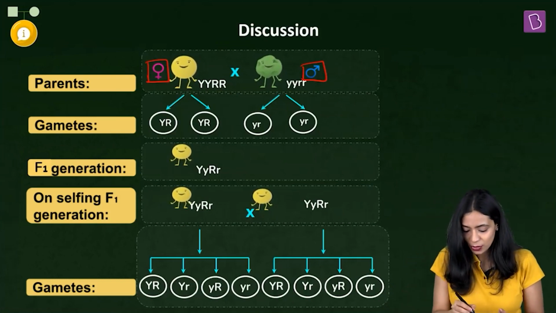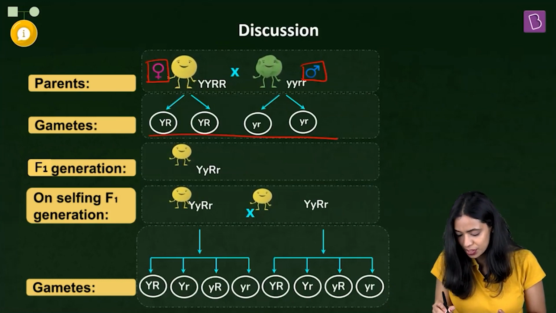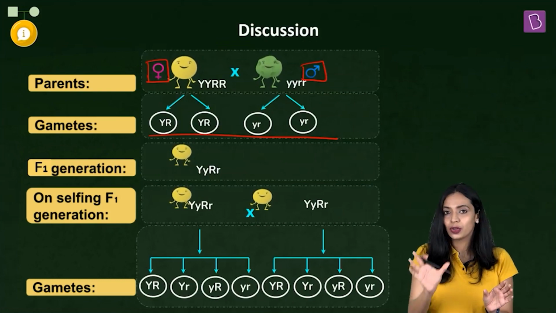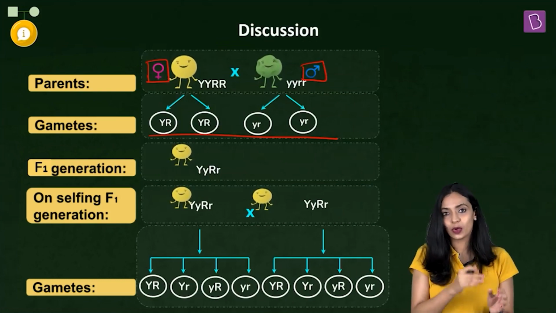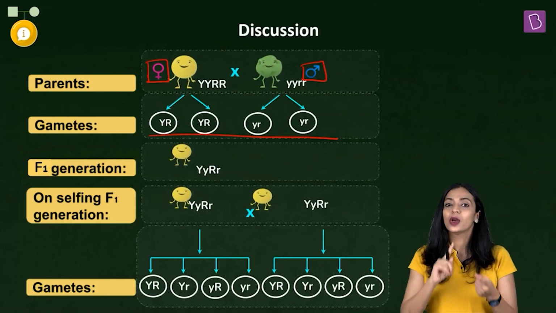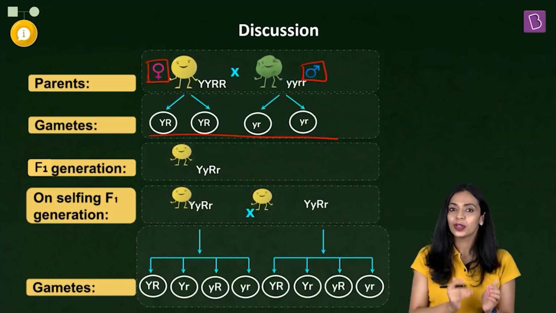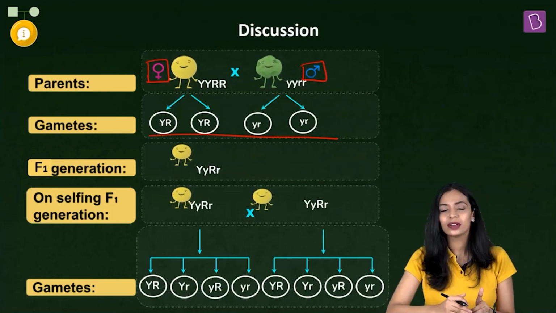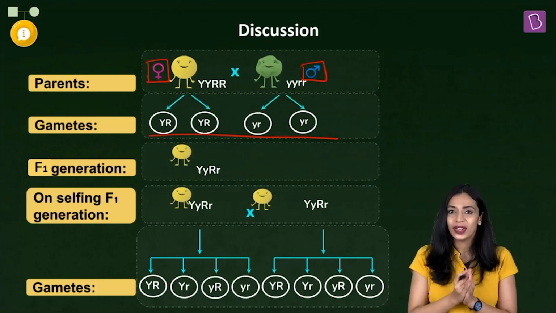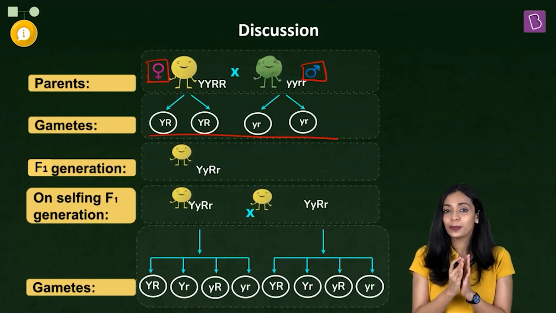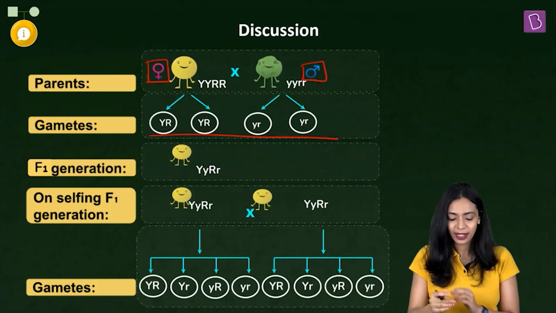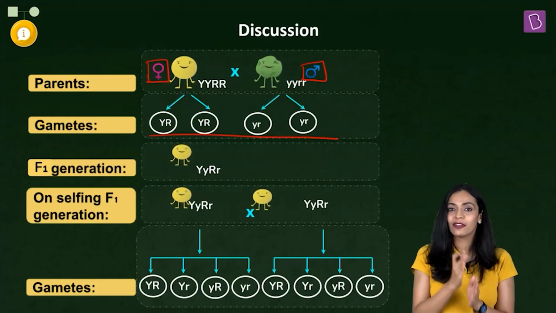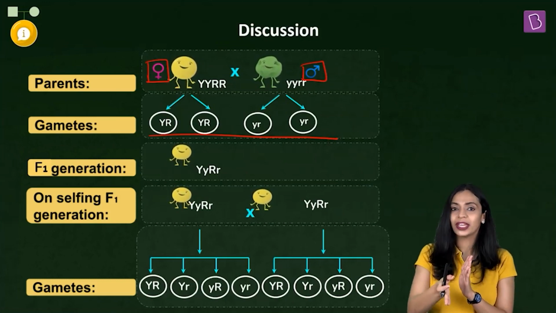Now you see how these are the gametes that are produced by the parent plants. We are representing genotypes with alphabets, and we are representing gametes also by making use of alphabets or letters, right? One thing you must remember is that the number of letters in the gametes should be half the number of letters in the genotype. I'll tell you why. Remember, you've learned earlier that during gamete formation, only one of the pair of alleles is received by each gamete, right? So in diploid organisms like us and pea plants, we have each character governed by two alleles, but only one of them is going into each gamete.